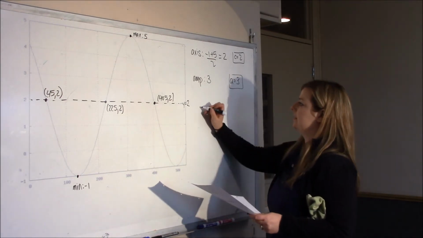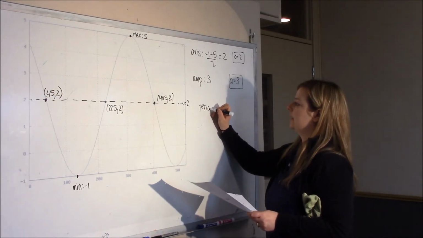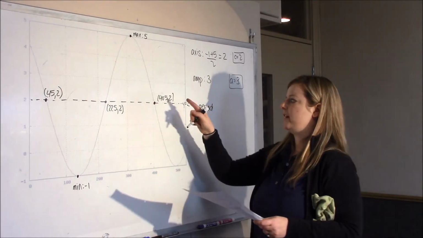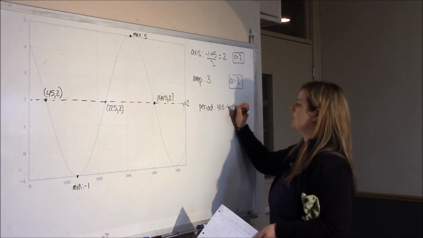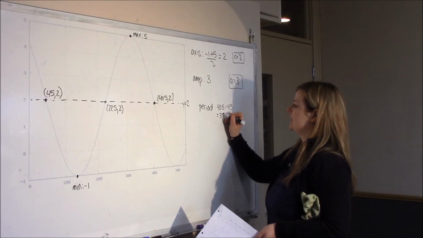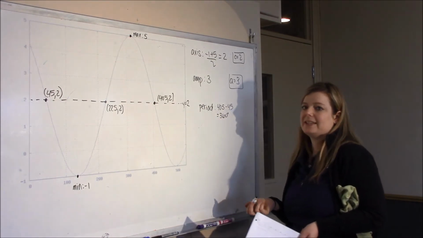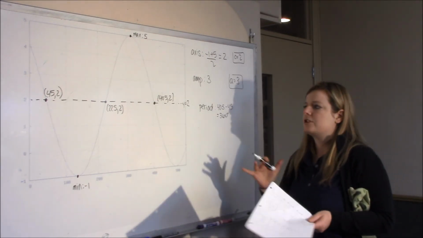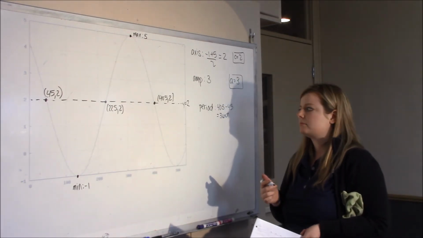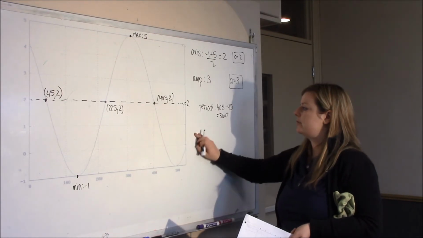So the period is just the length between 45 to 405. So 405 minus 45 is 360. Because our period is 360, that means there is no K value other than 1 because we haven't stretched or compressed this at all. So we can just do